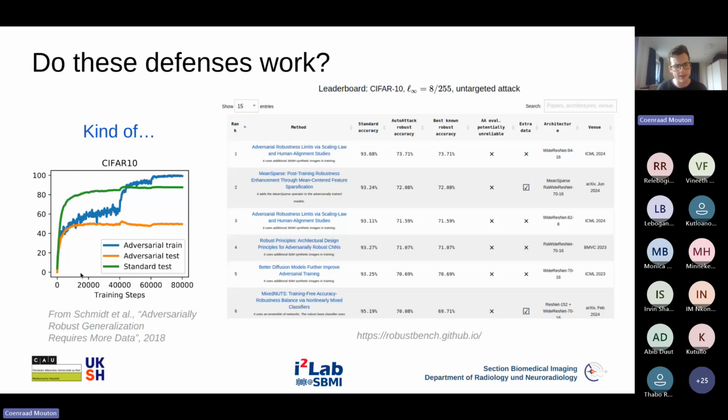What I'm showing here on the x-axis is training steps, and on the y-axis it's accuracy. This is just the training curves as a model adversarially trained on CIFAR10 is learning. This blue line here is showing the model's accuracy on adversarial examples of its training data. So that's what it's being trained on.